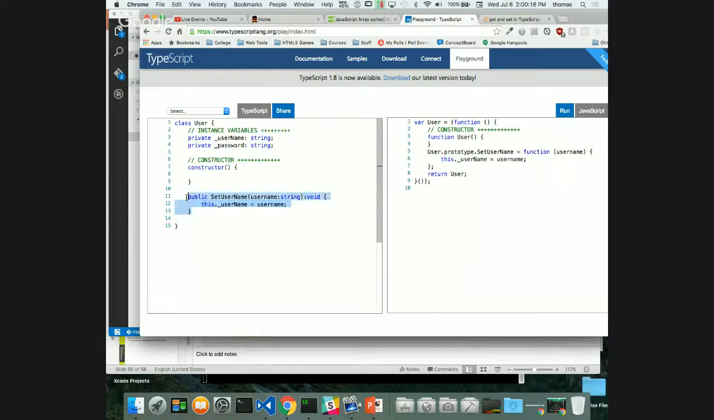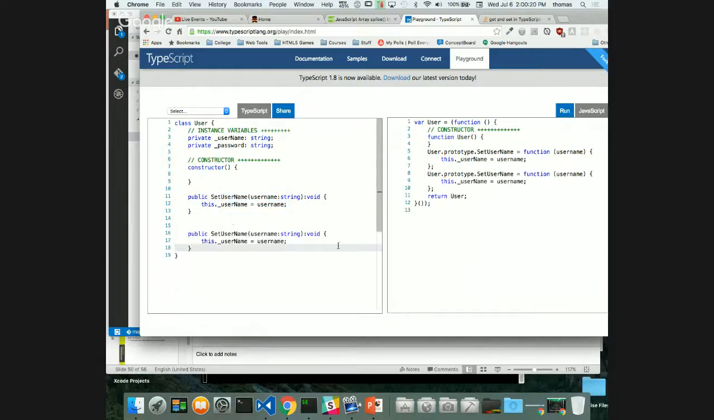And of course, if I was going to do something the same, I could copy this and put something in there like getUsername. So getUsername would return, right? It wouldn't return void. It would return a string, which is my username, right? So that would return